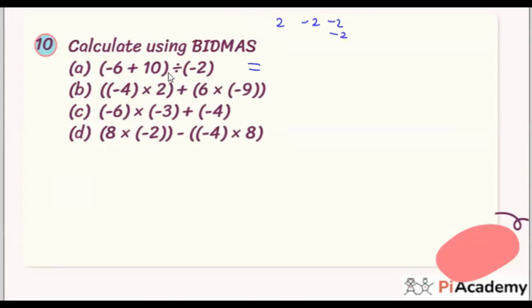First, we are going to solve the brackets, right? But here in this bracket, there is nothing to solve. There is just one number. So let's do this. -6 plus 10, that is clearly +4, right? And then dividing by -2. As you know, whenever you are dividing and the two numbers have different signs, your answer is going to be negative. And 4 divided by 2 is 2, but the sign will be negative, as per the rule. So -2 is the correct answer.